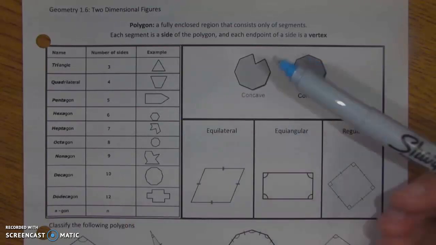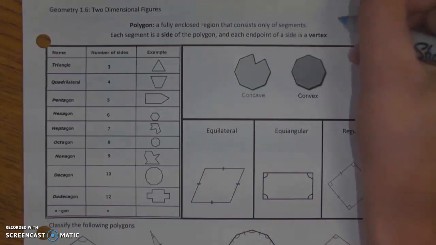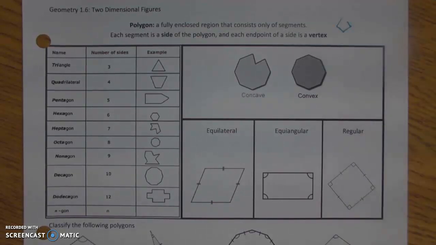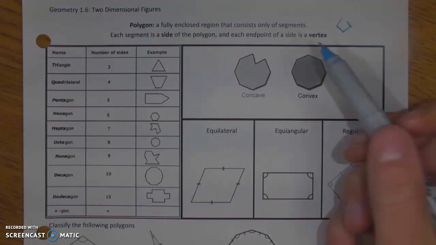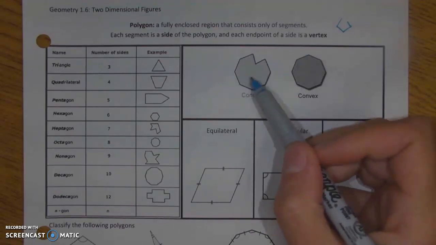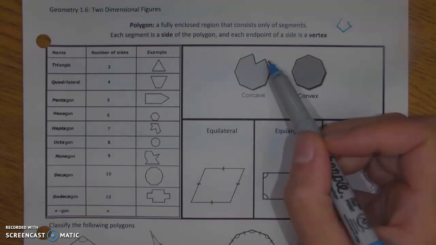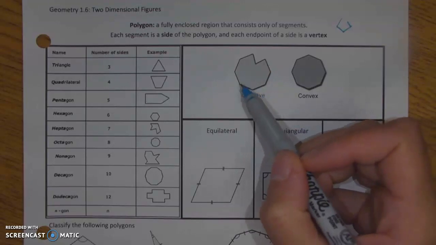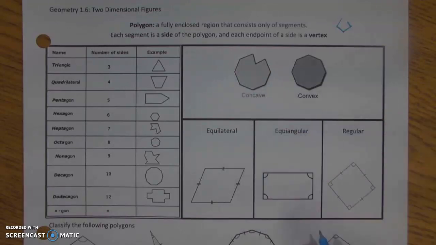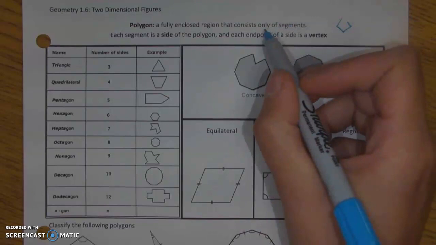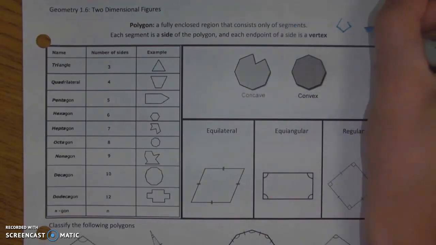You can tell they're polygons because, well, they're fully enclosed. There's not something where you have an open end somewhere like this. That would not be fully enclosed. And a region is just saying it includes both the inside of the figure and its boundaries, so these lines, these sides around it. Also, the fact that it consists only of segments is just saying that a polygon will